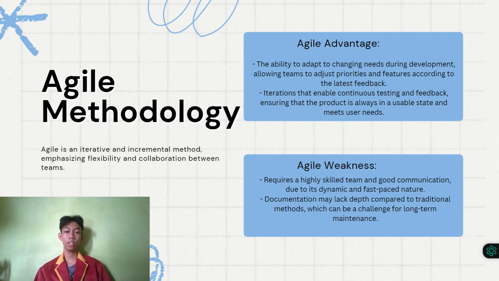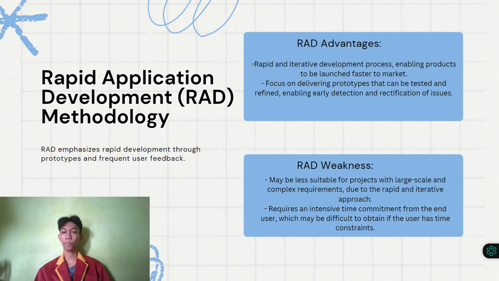Agile weaknesses: it requires a highly skilled team and good communication due to its dynamic and fast-paced nature. Documentation may lack depth compared to traditional methods, which can be a challenge for long-term maintenance. Next, Rapid Application Development